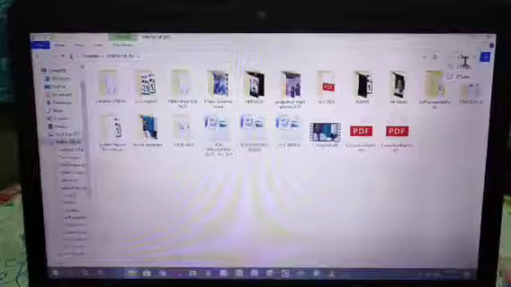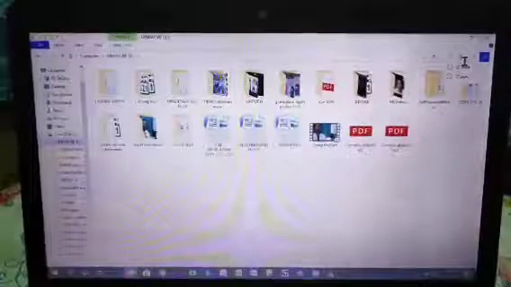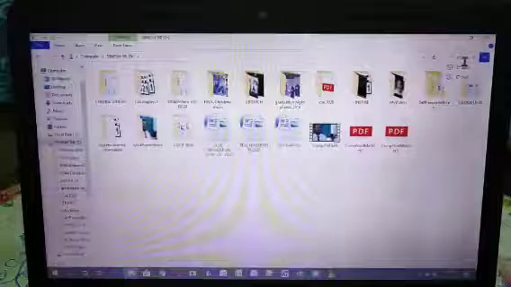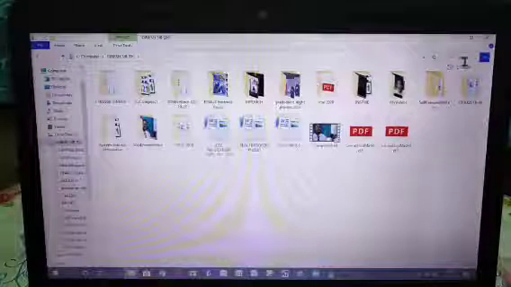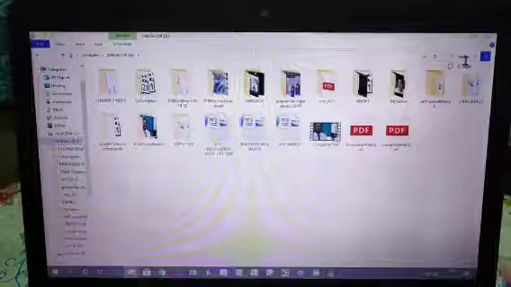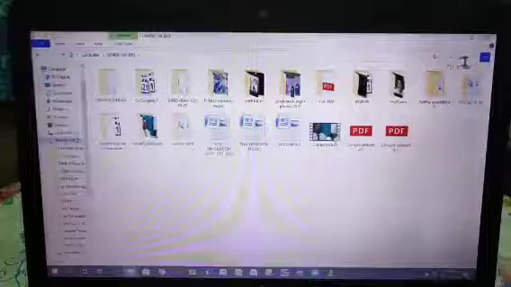Asterisk represents any number of characters and any character, and then dot MP4. So all the files having extension MP4 and containing the character C will be shown to you. You can see the file names which have the character C and extension MP4 are shown over here.